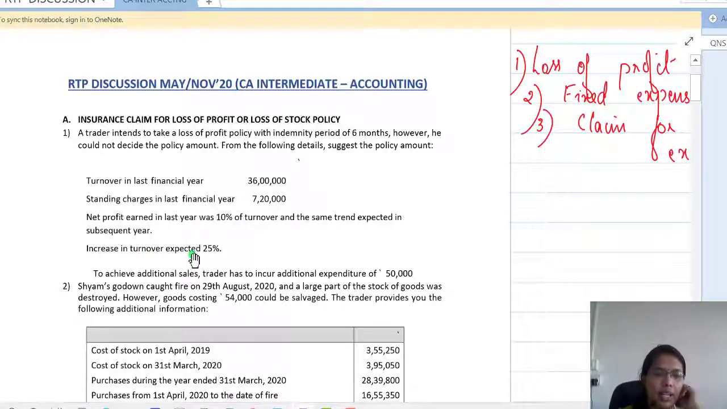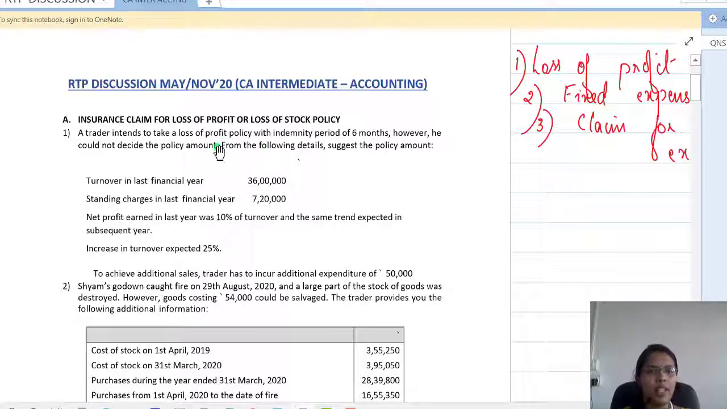Increase in turnover expected 25%. To achieve additional sales, trader has to incur additional expenditure of 50,000. So we are supposed to find the sum assured that he should take the policy for. But before beginning to find out the policy amount, we should know what all components are involved in this loss